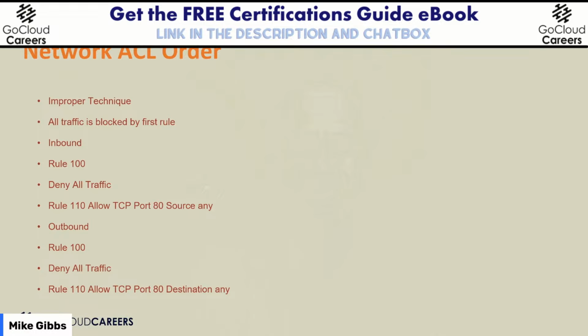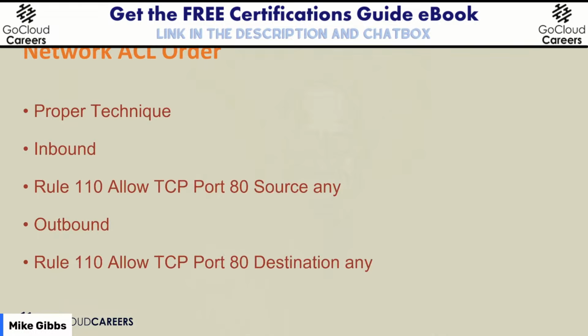So when you're going to create an access control list, here's the right way to do it. Create a rule that says allow TCP or whatever it is you want to allow in: IPsec to a VPN concentrator, TCP port 80 to a regular web server, TCP port 443 to HTTPS. So allow what you want. And that's it, because the rest is going to automatically be denied.